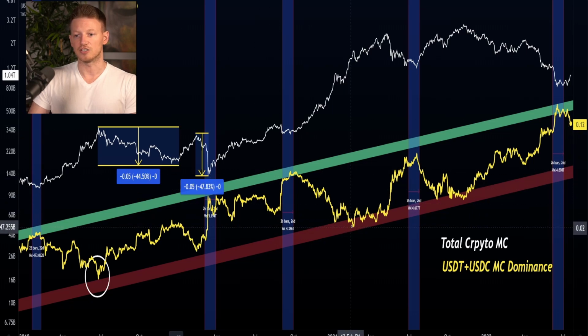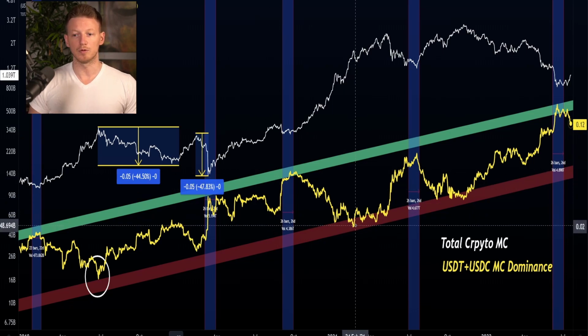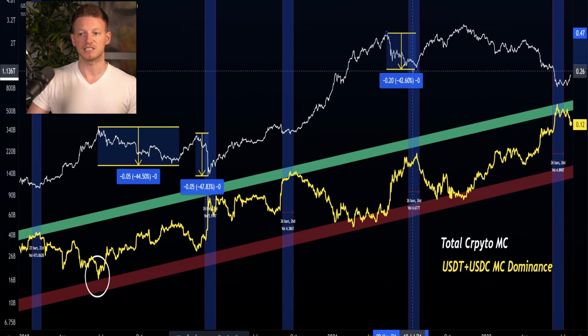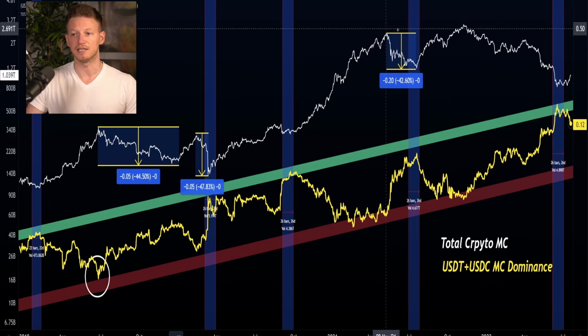Then again here, during this bull run, we actually were able to ride in that price premium range for quite some time. But what happened? We all know the price then crashed. The market crashed. So we saw a 42% correction in the market.